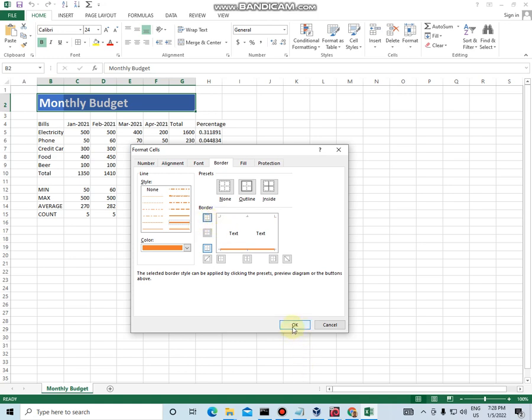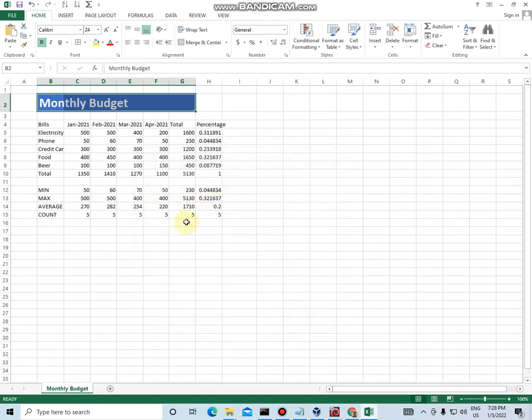And for example, I am satisfied with this, and I will click on OK, and you see we got our orange thicker border. And you can practice with these border options, and just choose whatever you like.